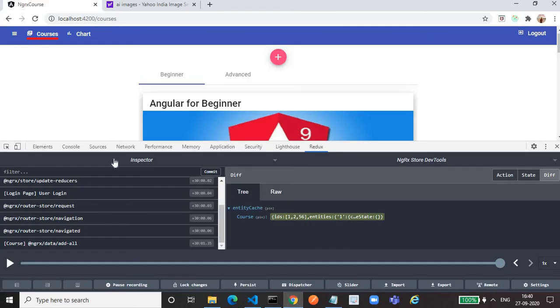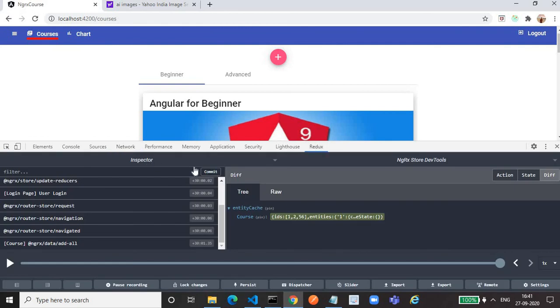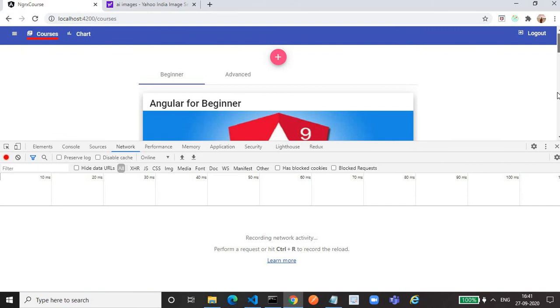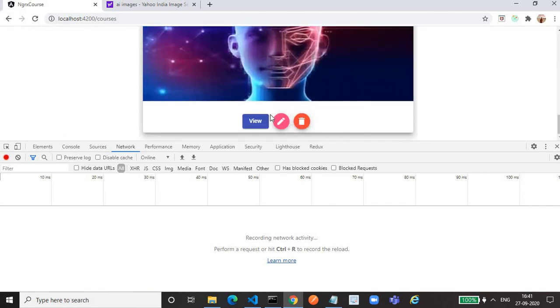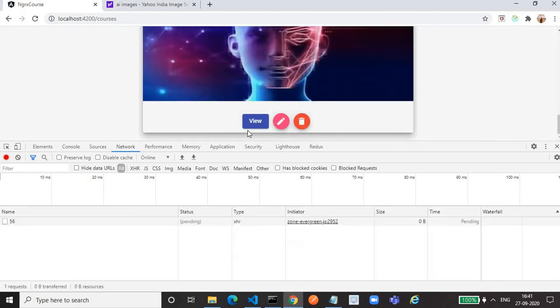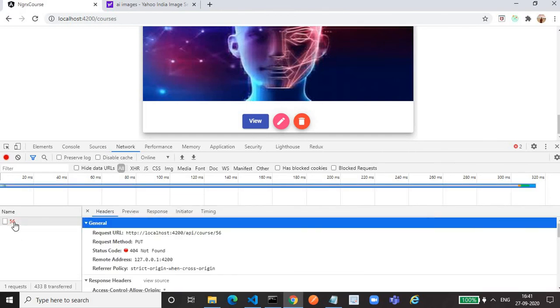So let's see. For that, let's go to the network tab and clear everything. In Redux also we need to clear everything. Let's update. Again I will remove the intro now. Save it. As soon as we save, you will see an API being triggered. The API URL is the server name, then API/course/ID.